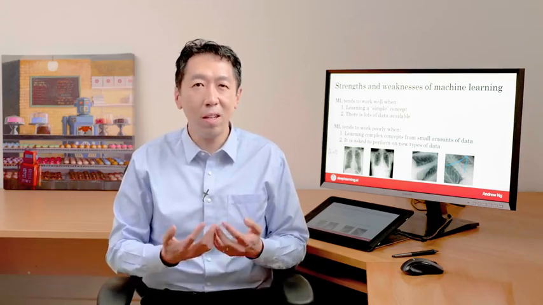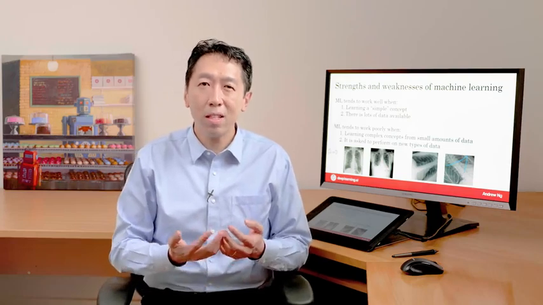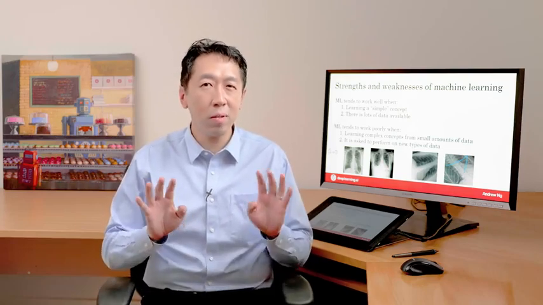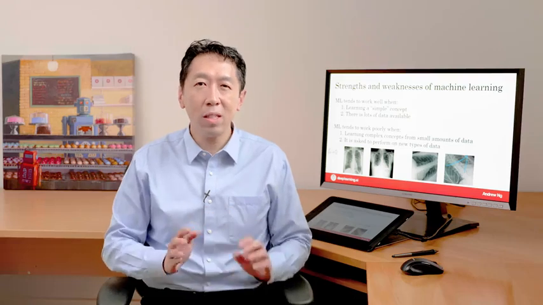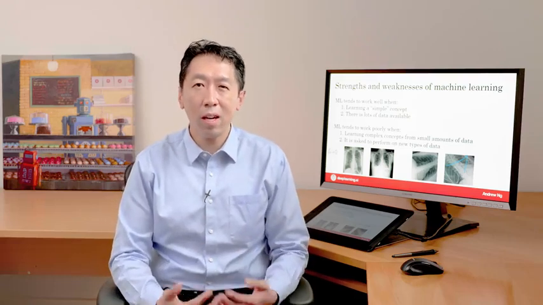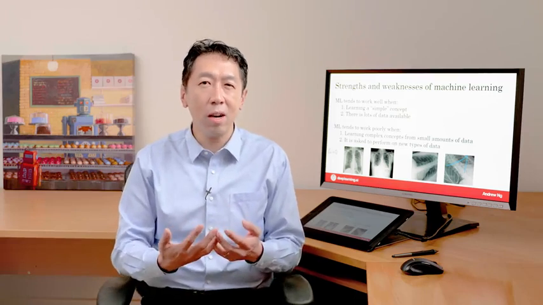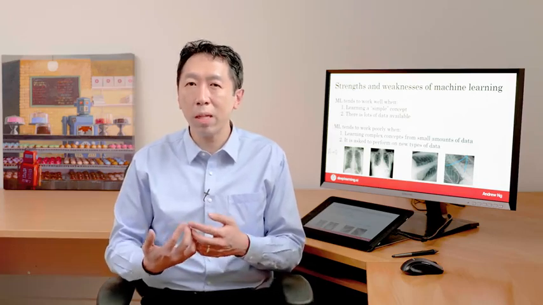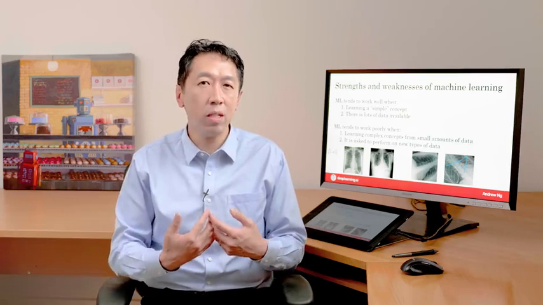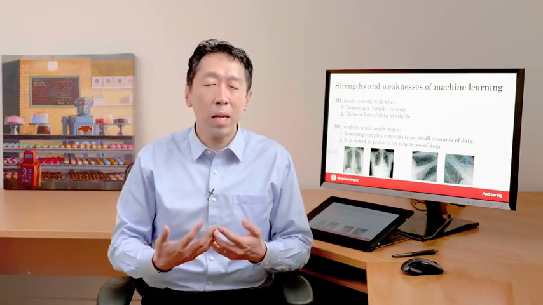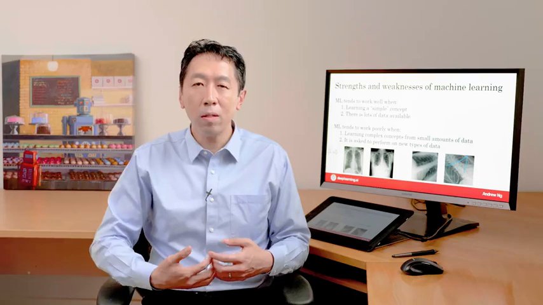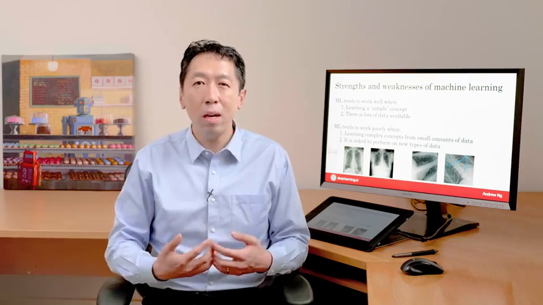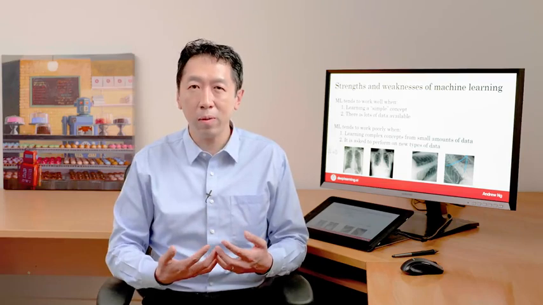I hope these examples are helping you hone your intuitions about what AI can and cannot do. In case the boundary between what it can and cannot do still seems fuzzy to you, don't worry, that's completely normal, completely okay. In fact, even today, I still can't look at a project and immediately tell if something is feasible or not, and I often still need small numbers of weeks of technical diligence before forming strong conviction about whether something is feasible or not. But I hope that these examples can at least help you start imagining some things in your company that might be feasible and might be worth exploring more.